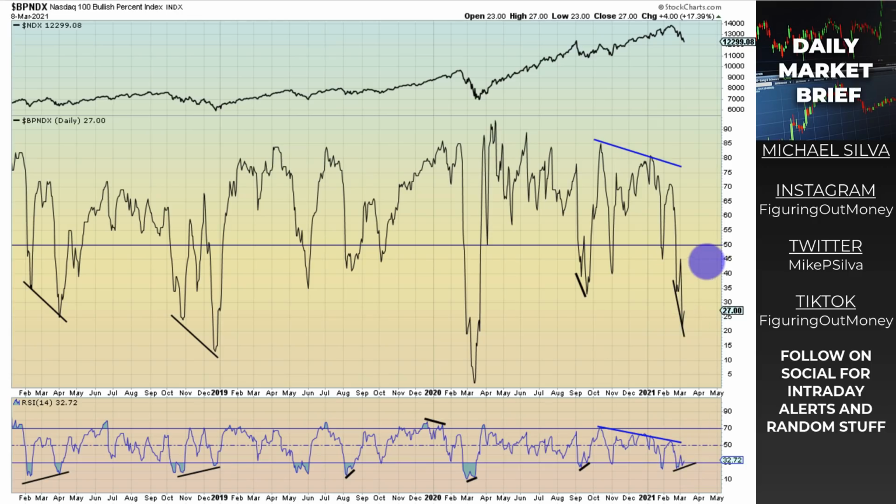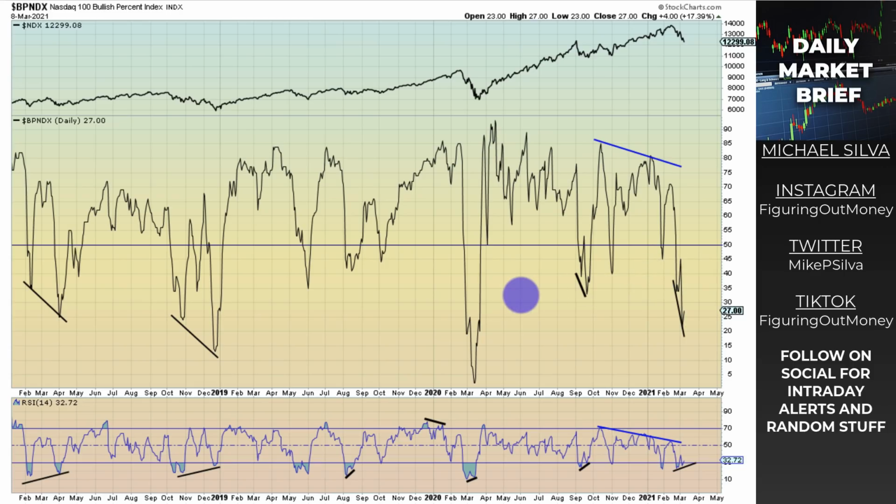So I'd be very careful here as we're seeing this weakness in the Nasdaq, but yet we're getting overbought in the 10-year yield, and we're seeing the bonds also get pretty oversold. And there's been a pretty strong correlation there. As the 10-year yields go up, we're seeing these tech stocks really head lower. So this looks like a recipe for a pretty significant bounce. So we're going to have to keep an eye on it.